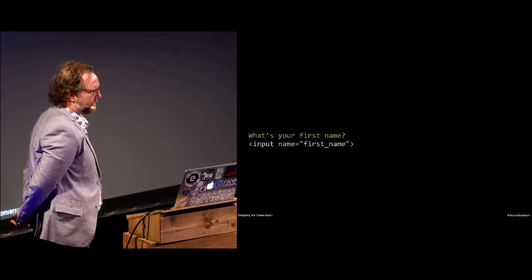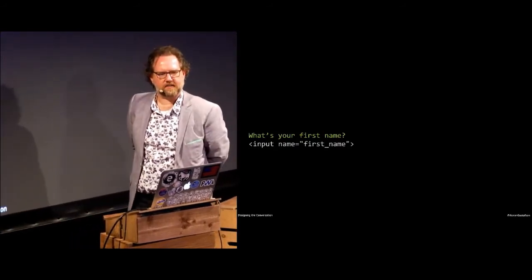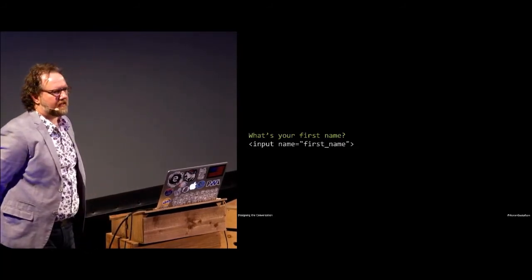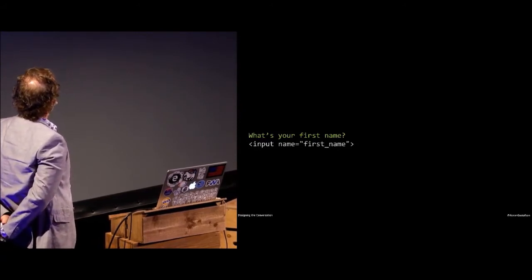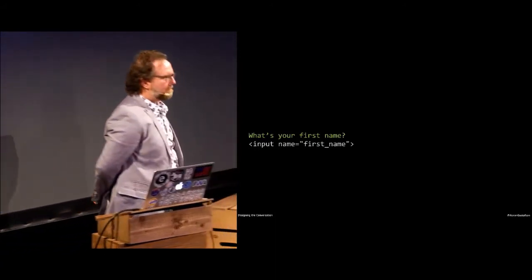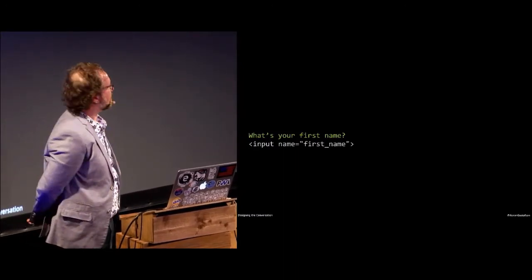Now, I mentioned the importance of these labels a bunch, but let's look at how to properly label our fields. And I'll start with the simplest example possible. So what's your first name? Now, some of you in the audience, you don't have to raise your hands or admit it or anything like that, might look at this and think, oh, that's fine, right? There's text there and there's a field. That's what I need, right? But there's nothing that's actually associating that text with the field programmatically. Visually, if you were to put these things next to each other, it's all going to render in one line because all this stuff is inline.